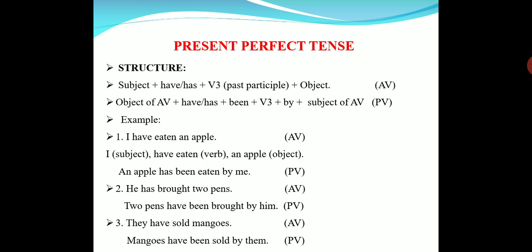Especially we should know the pronouns. I, when it is subject, will be I. When it becomes object, it becomes me. In the same way, we becomes us. You will be you only. He becomes him. She becomes her. It becomes it only. And they becomes them. All these things you should know. When they come into the object place, their form will be changed. And the new thing here is that by is added for everyone, and V3 is for everyone.